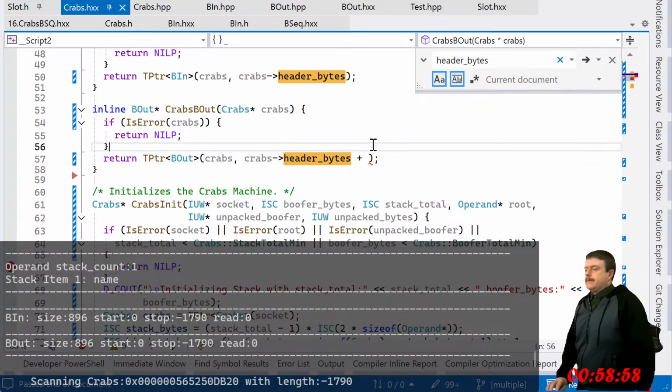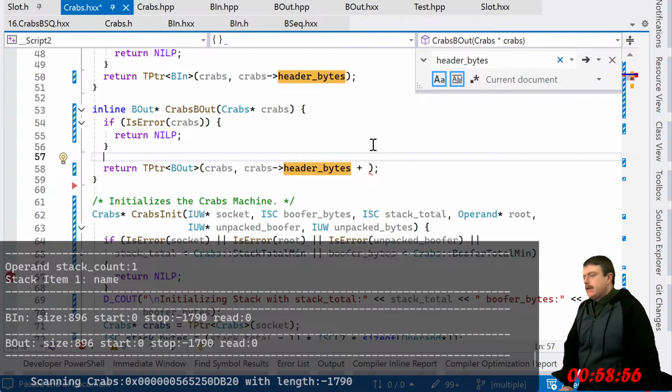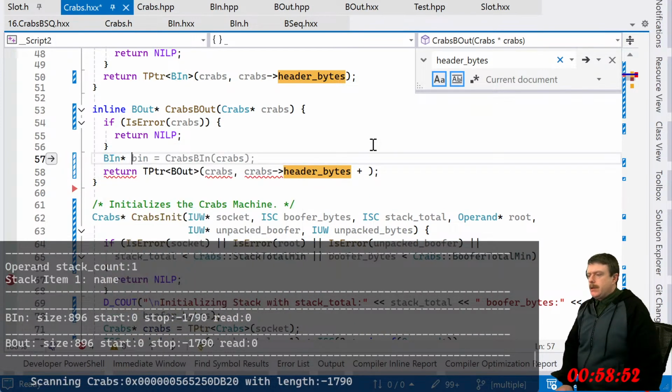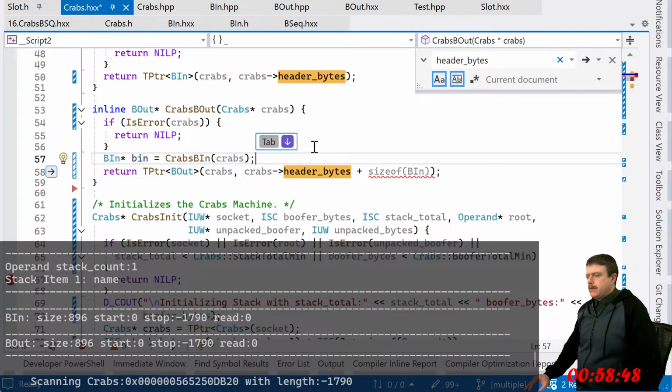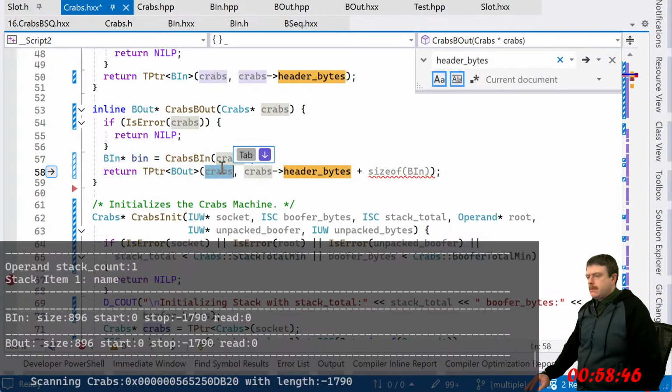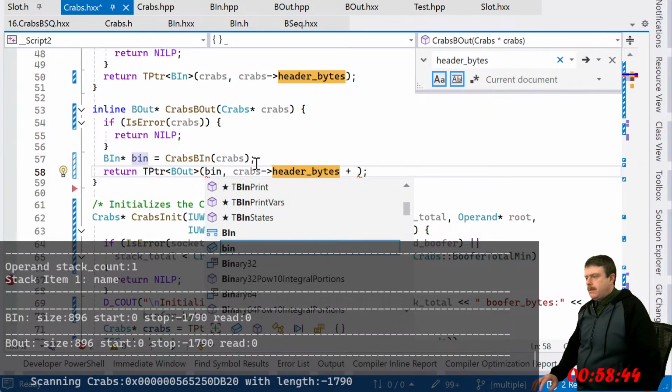So it seems to me like what I need to do is do a bin equals crabs bin, and then bin.